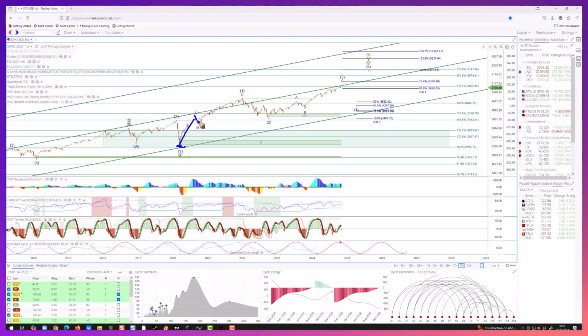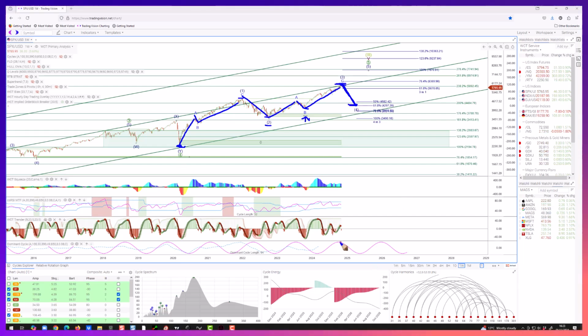2020 low, we saw an ABC for a wave 1, followed by the pullback into the October 2022 low being a wave 2. From there, A up, the B wave pullback into the October 2023 low, and then this structure here, which I don't think is quite complete. I think it's got another squiggle to the upside left in it before. This is what I'm looking for next year, and I think it's going to take possibly most of the year.